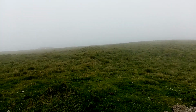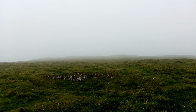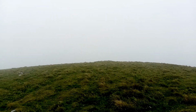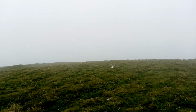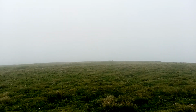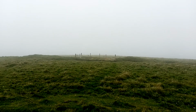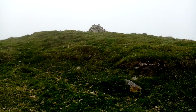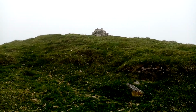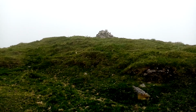There we have it, Eldon Hill. What a fabulous view. I think I'll have to come back another day. Such a shame about the visibility, but I'm hunkered down, as our American friends say,